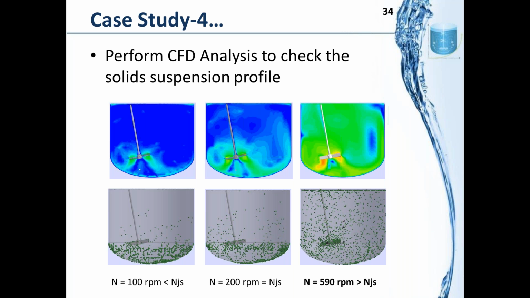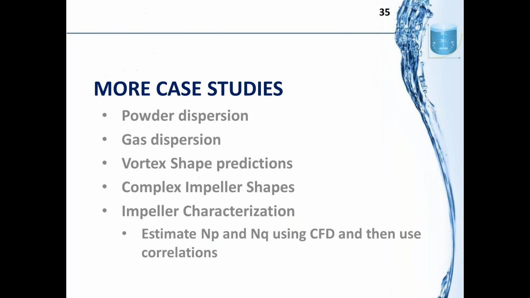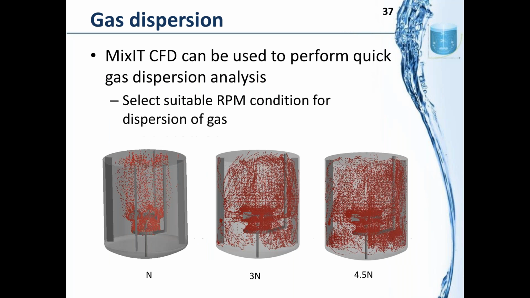Now, these are not detailed multi-phase simulations. We are just tracking the trajectories of the solid particles, which are based on the flow pattern in the vessel. So the impact of solids on the flow pattern is not considered, but the impact of flow pattern on the solids trajectories is considered here. These are DPM based models which we use to understand the trajectories of the solids and the gas bubbles as well. So a similar type of analysis is done for the gas distribution analysis. The additional processing time is very little compared to what we require for the flow simulation.